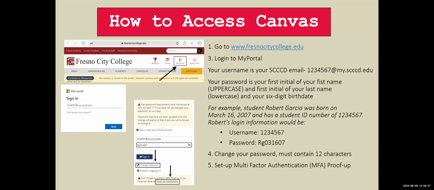Okay, now I'm going to go over how you can access Canvas. First, you will log in, you will search fresnocitycollege.edu, and then you'll click on My Portal. Your username is your STCD email. So you will use the number ID at